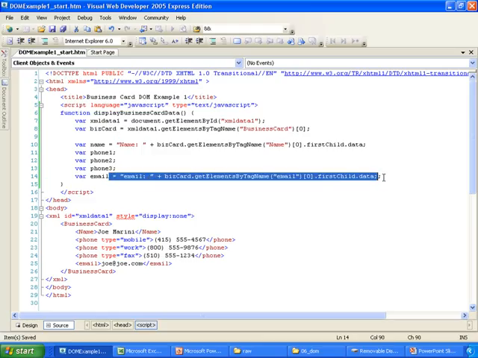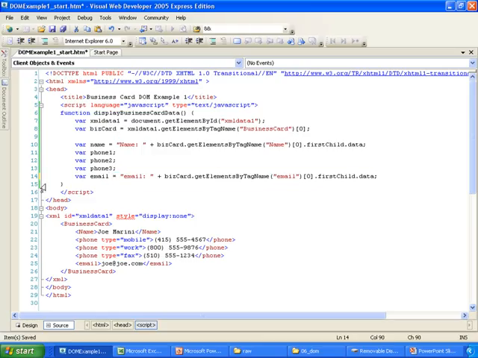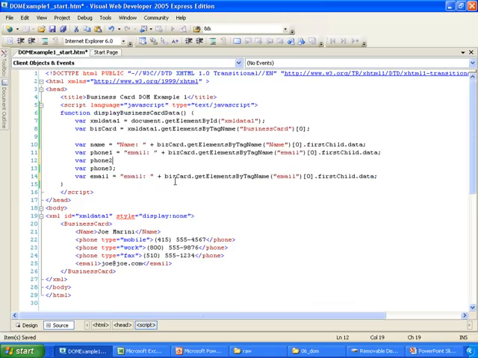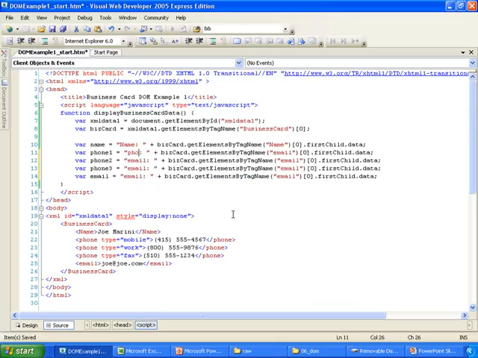And then once again for the phone, I do pretty much the same thing. Only in this case, I'm going to be using phone labels. And I'm looking for